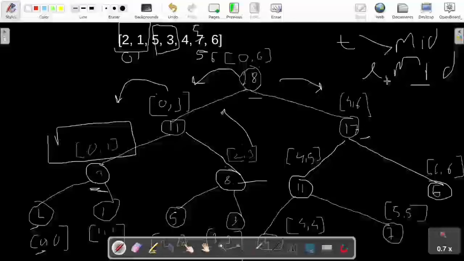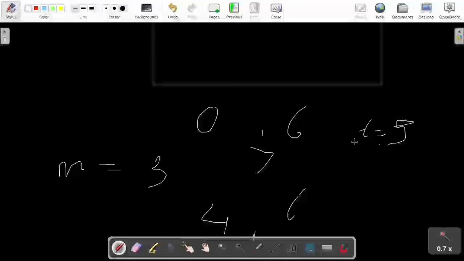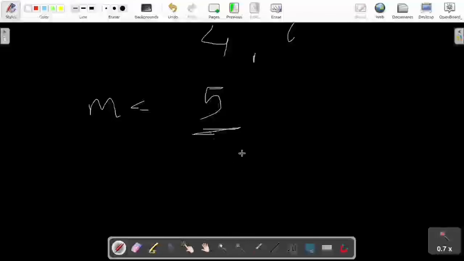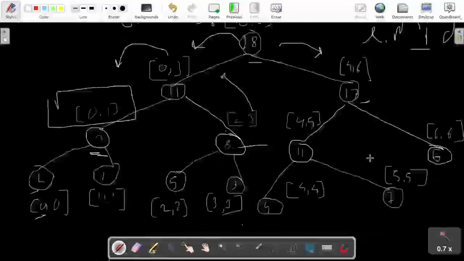Is my target, did my target exist in left range or right range? Okay, if your target is greater than mid, it means it is in right range. If it is equal to or less than mid, it means it is in left range. Now, since our target index is 5 and our mid is also 5, our target index exists in the